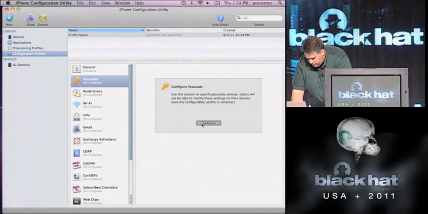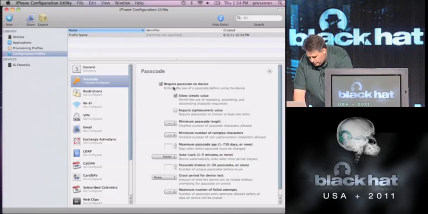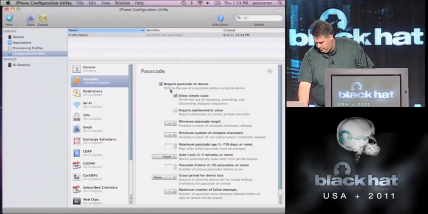So we talked about passcode. And here you can see where allow the passcode and allow simple value. Those are pretty much what was on the, well,